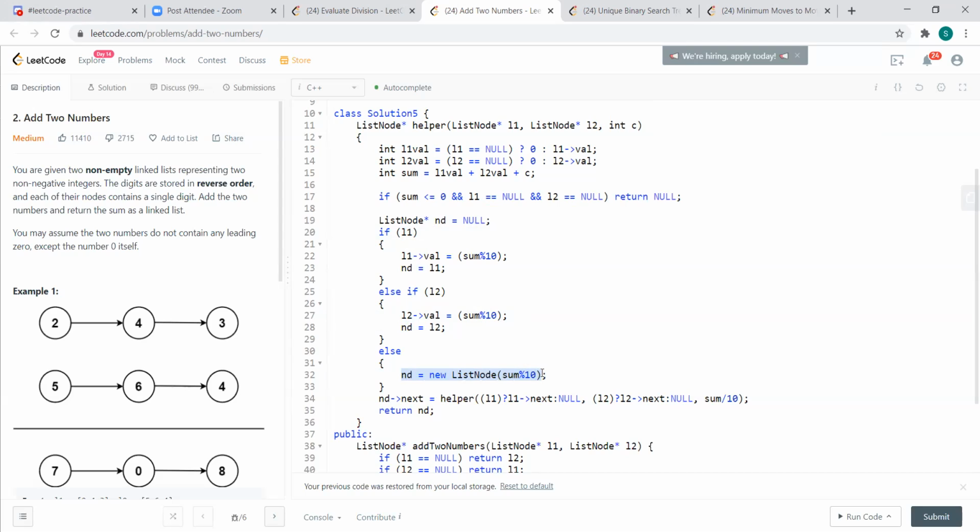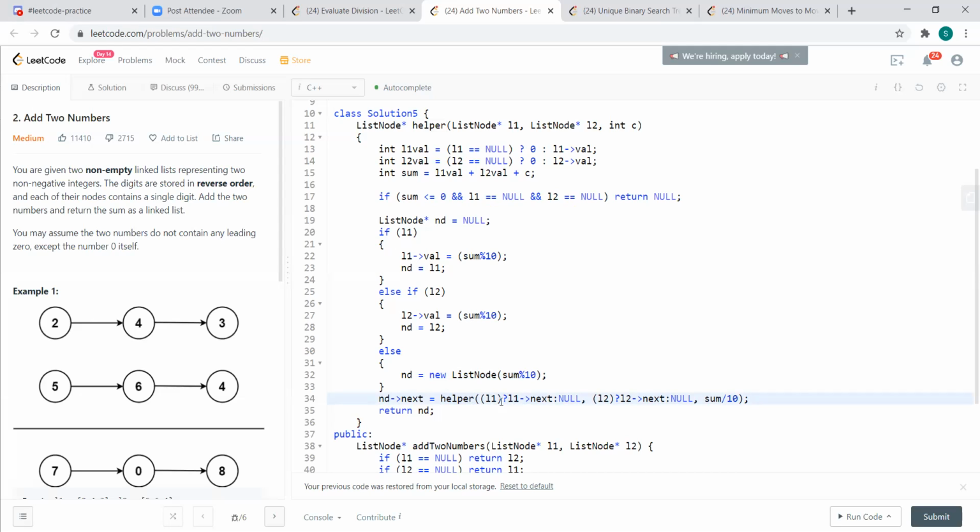Or else I do something like this: whatever node I got over here, its next value will be pointing to my helper function, and the helper function will move both of these lists, because in each and every recursion call I'm just adding a single node at a time.